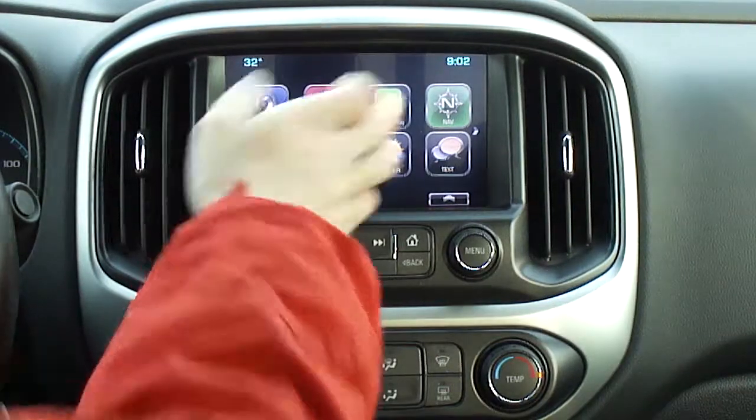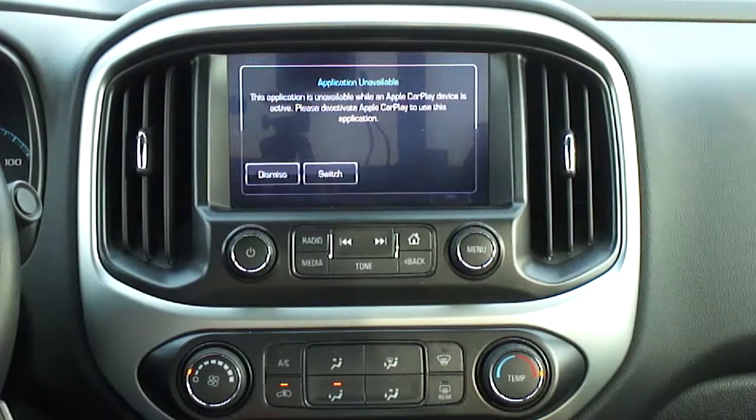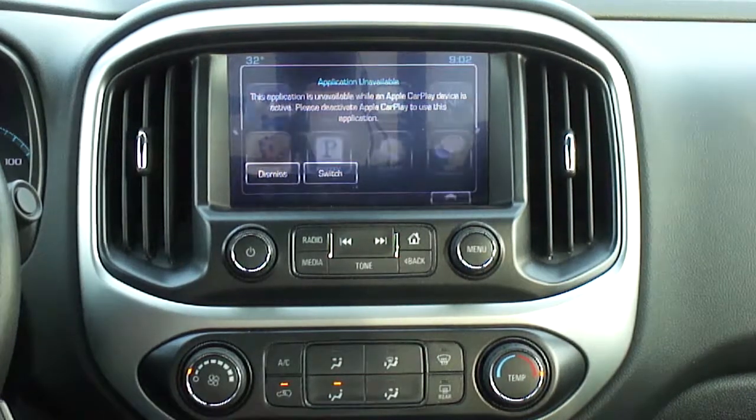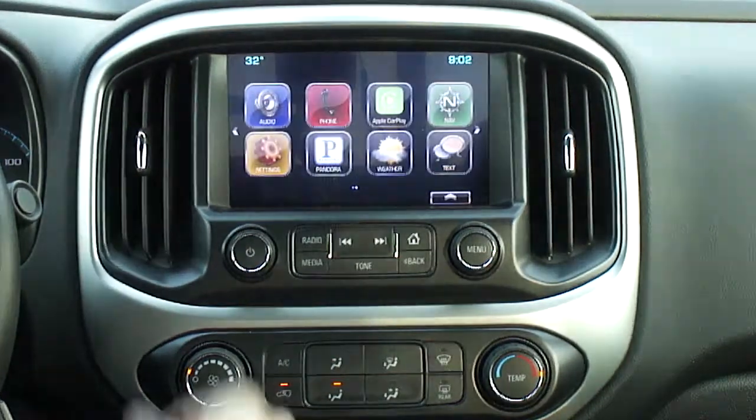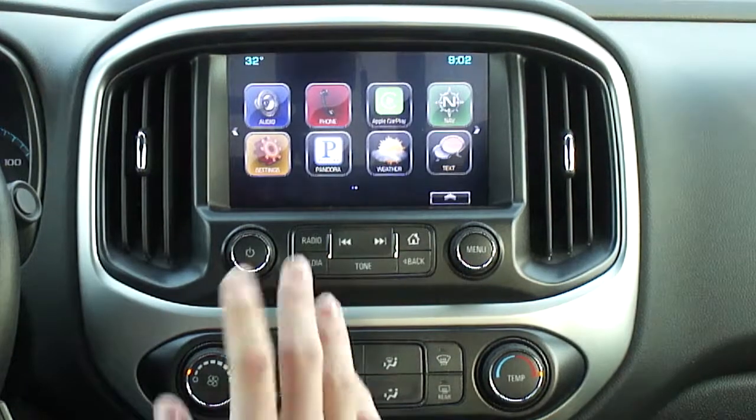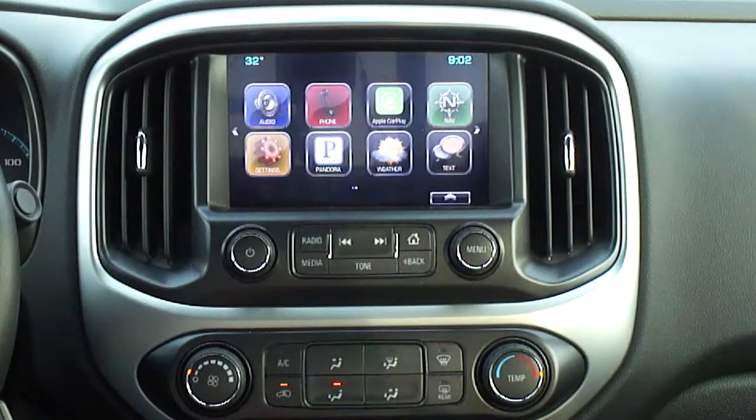Now Pandora, obviously I can't demonstrate it because this is part of the Apple CarPlay or Android Auto for some of the newer vehicles out there that are compatible. I'm not 100% sure if this vehicle is compatible with Android Auto or not, but this is running off of the Pandora app on your smartphone, and therefore you can access the internet radio, whatever you like. And I haven't responded to it for a while, therefore it slowly fades out and goes back to the home